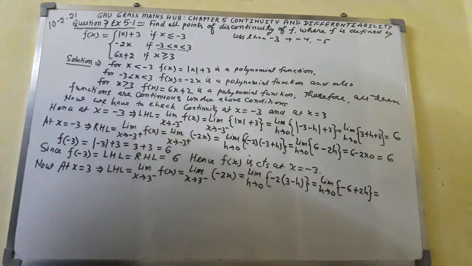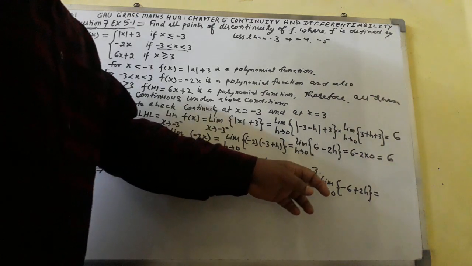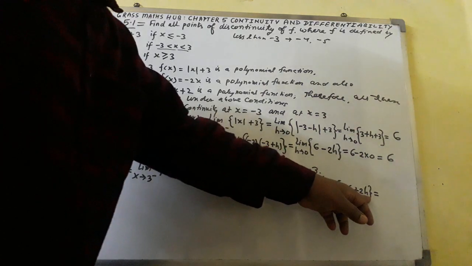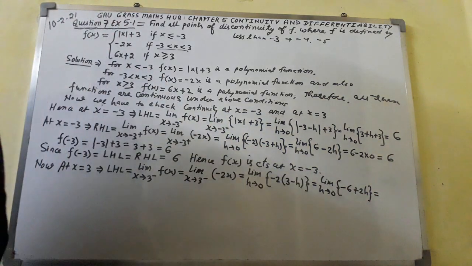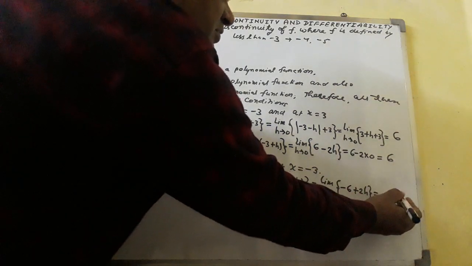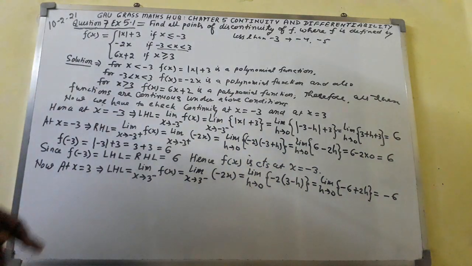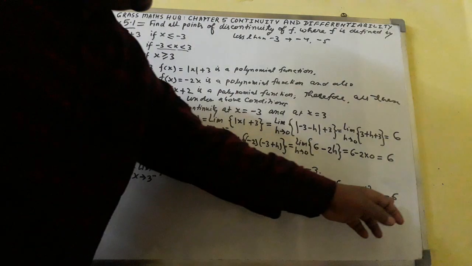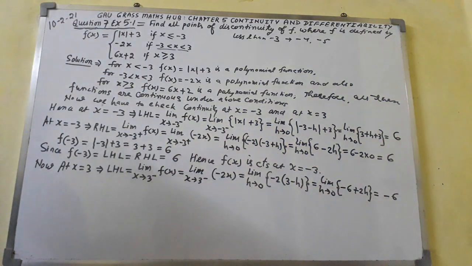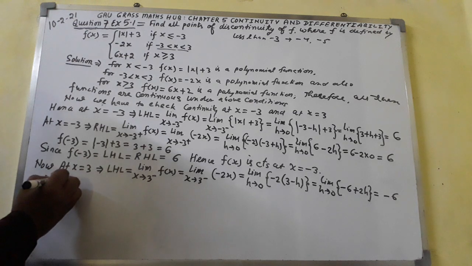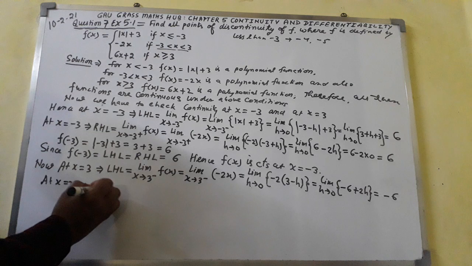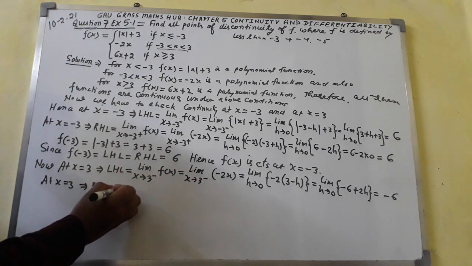equal to, if you remove lim h tends 0, put the value h equal to 0 here. So you will get minus 6. In this way, at x equal to 3, the left hand limit we have found is minus 6. Now I shall write at x equal to 3, the right hand limit comes out to be